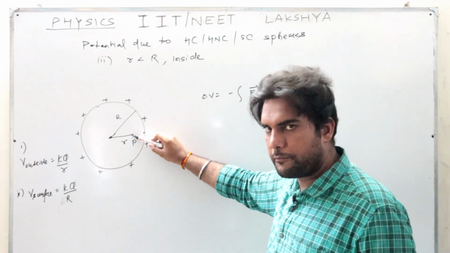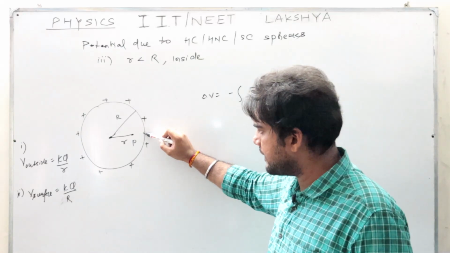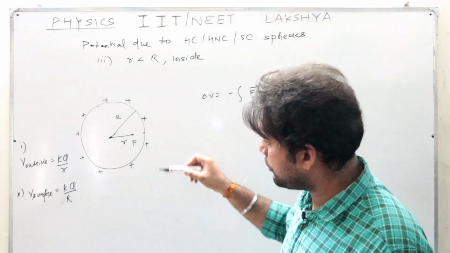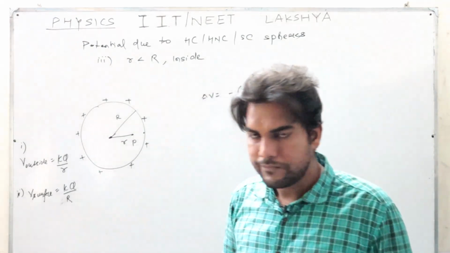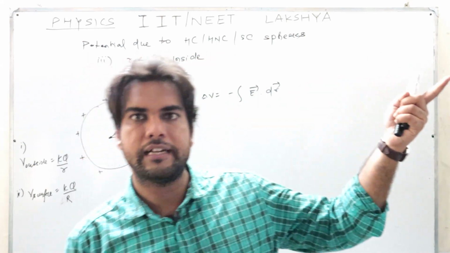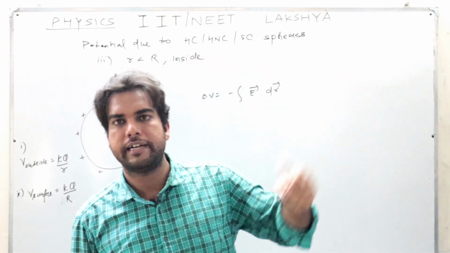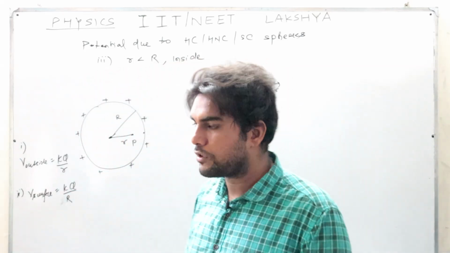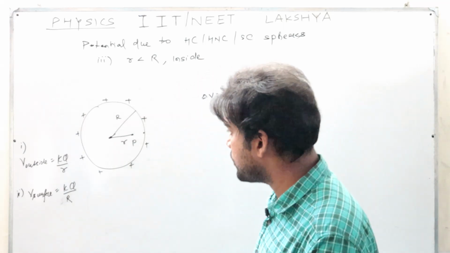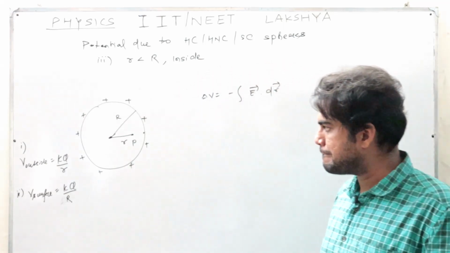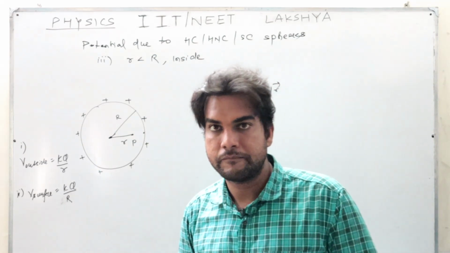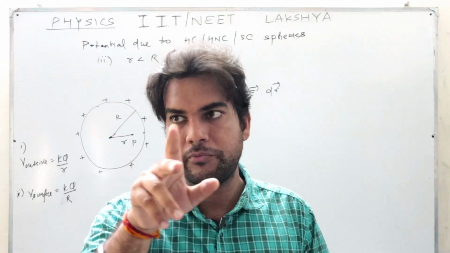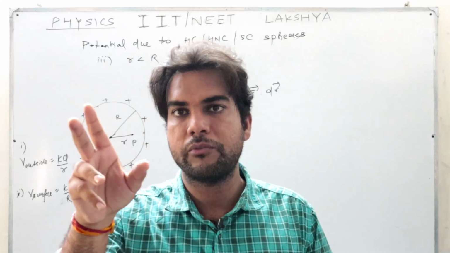First point is already at P. Now the second point I am selecting here, just inside. Now you may ask me why I am doing like this, why I am not choosing the second point at infinity. In the previous case I took the first point at P and the second point at infinity, but in this case I will not do the same, because here we are making use of integration, which is a branch of mathematics, and the integrand should be a constant function. Constant function in the sense that it should not be a variable function.